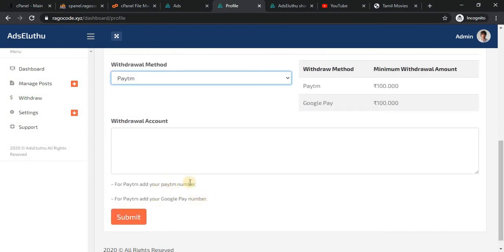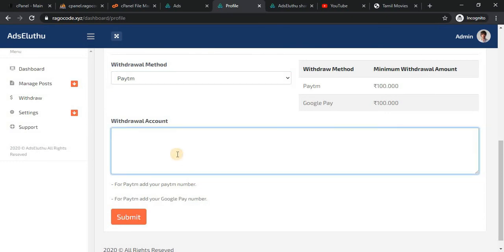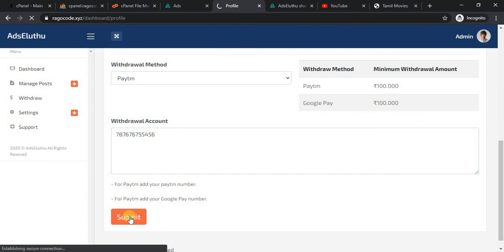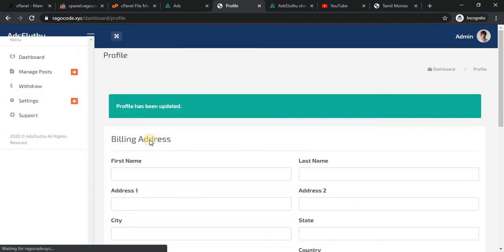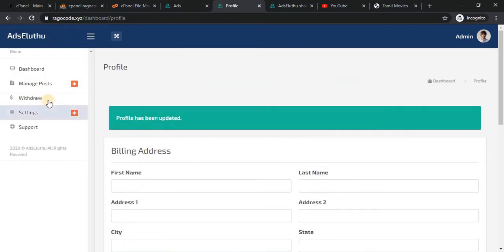For Paytm, enter the number. If you set PayPal, just give it in this area. For PayPal, add your PayPal email ID. I just enter some numbers for Paytm and submit it. My profile has been updated, and then I click the withdrawal.